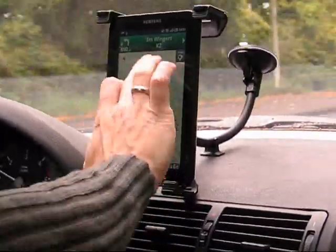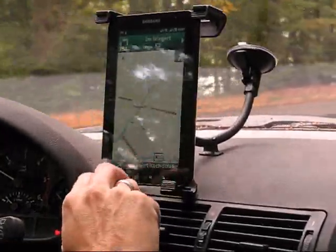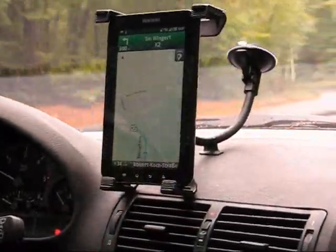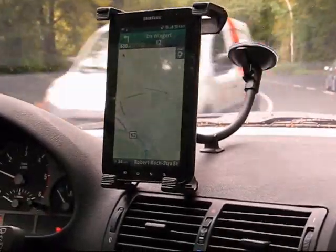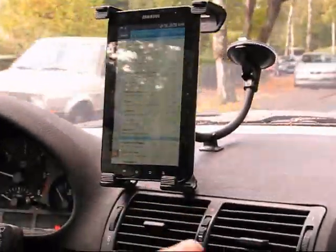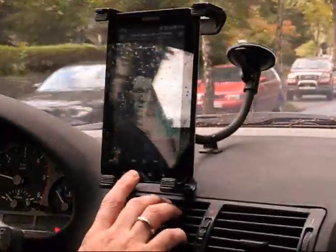I can obviously do bits and pieces. I could switch on Street View as well, not Street View, Satellite View. But this is good enough, and probably less distracting when you're navigating. Of course, you can play some music as well if you need to, and go back to navigation,